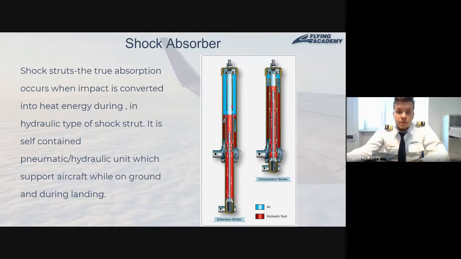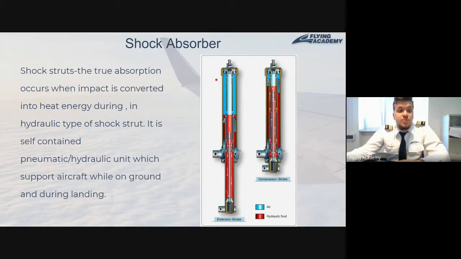So if the load on our landing gear increases, the lower part will go up, compressing the gas. The gas will compress, decreasing in volume, like in the picture here on the right side, and the pressure inside increases, and we will still be able to hold the weight of the airplane no matter what exactly happens. But the problem is that this is just a spring made from gas.